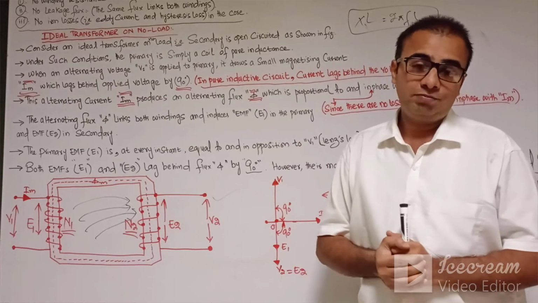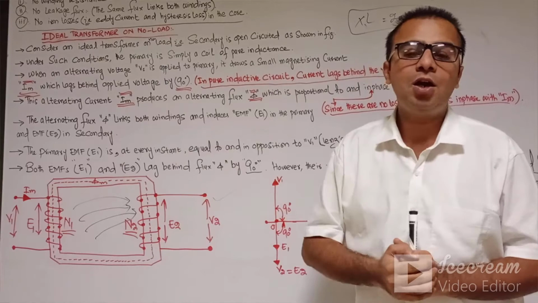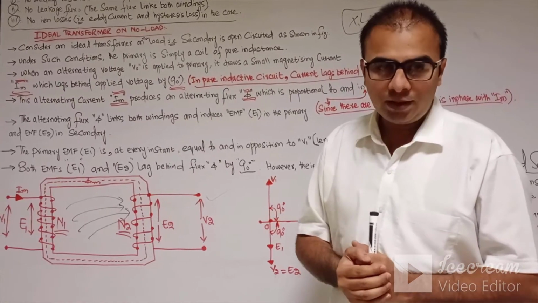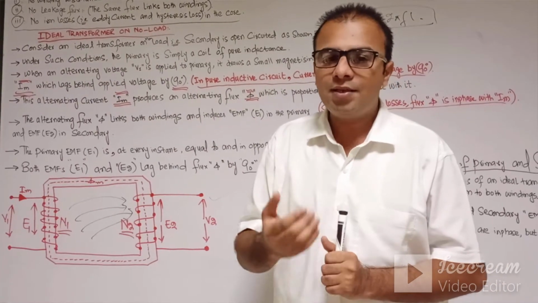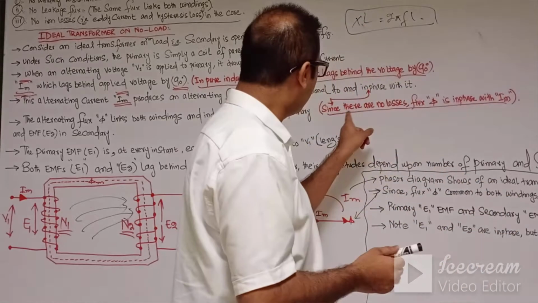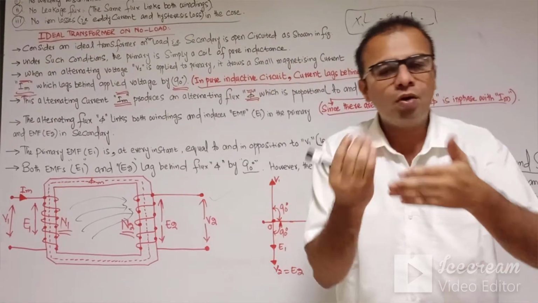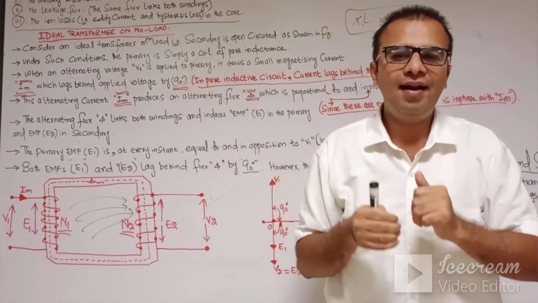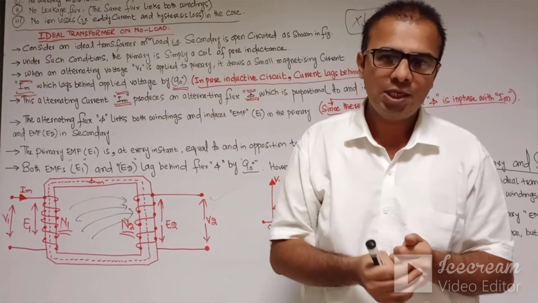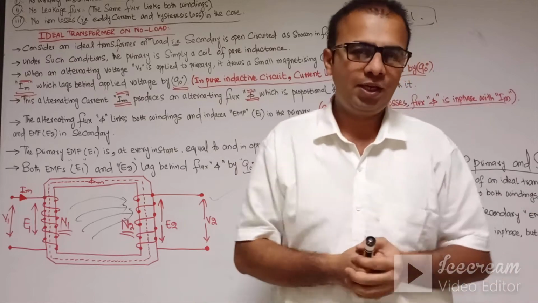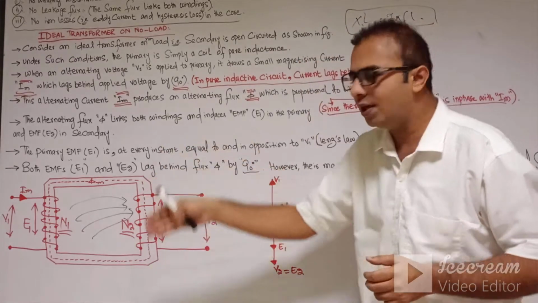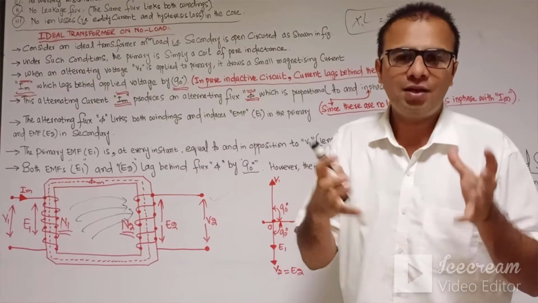Already our core is made up of an inductive circuit. So in inductive circuits, as you can see from the board, the current and the voltage, your voltage leads the current by an angle of about 90 degrees. So it is the property of inductive circuits, because here the core is inductive in nature.